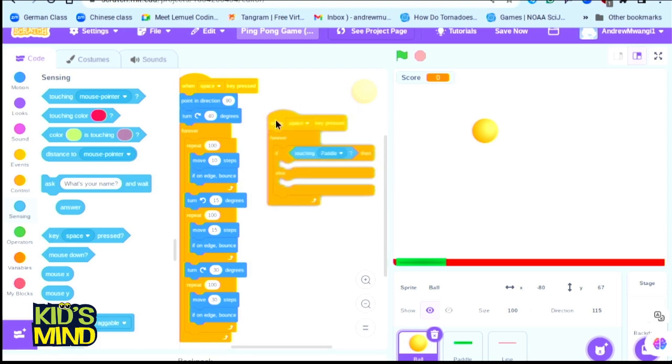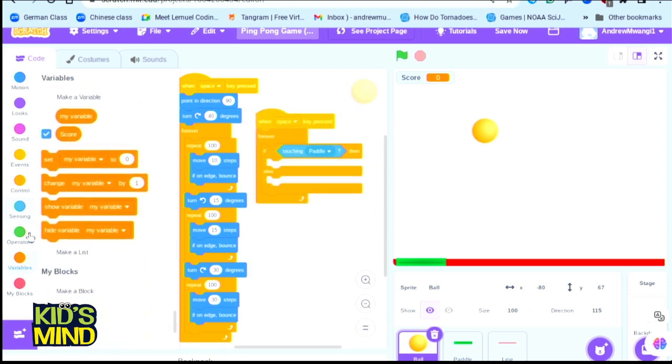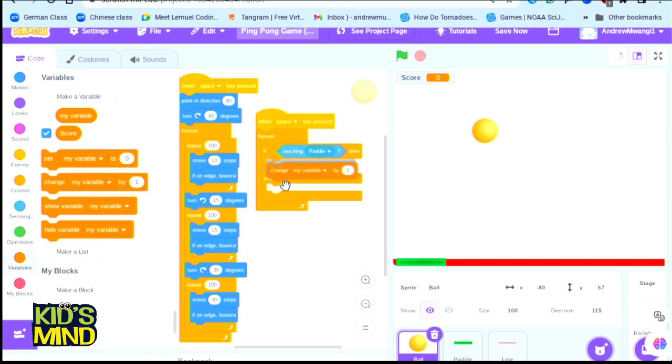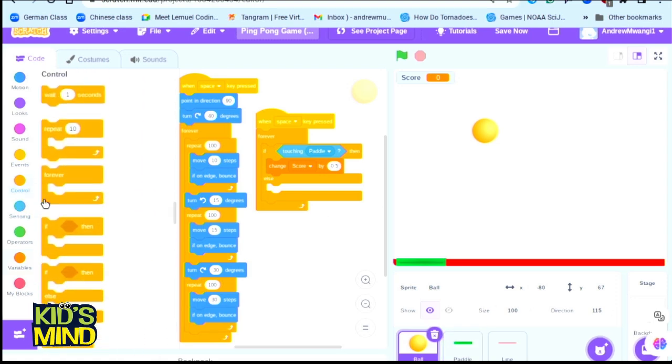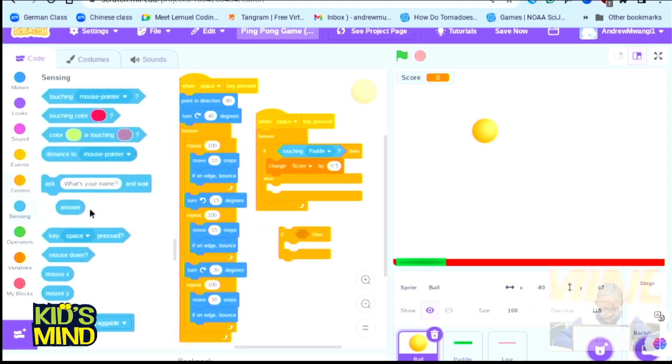We change the score by 0.5. We'll highlight score and change it to 0.5. Else, in the else, we will bring another if then block. Else, if then touching the line,